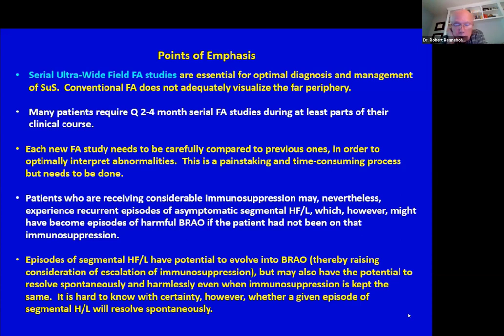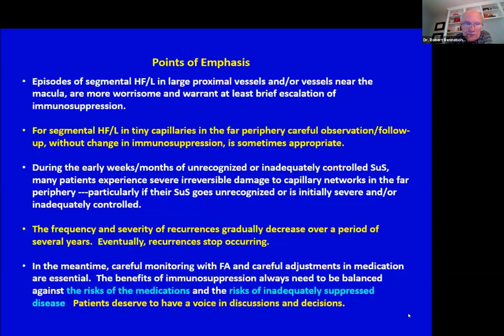It's hard to know with certainty, however, whether a given episode of segmental hyperfluorescence and leakage is destined to resolve spontaneously or is destined to evolve into a threatening BRAO. Episodes in large proximal vessels and/or vessels near the macula are more worrisome and warrant at least brief escalation of immunosuppression, sometimes urgent escalation. For segmental hyperfluorescence and leakage in tiny capillaries in the far periphery, careful observation and follow-up without change in immunosuppression